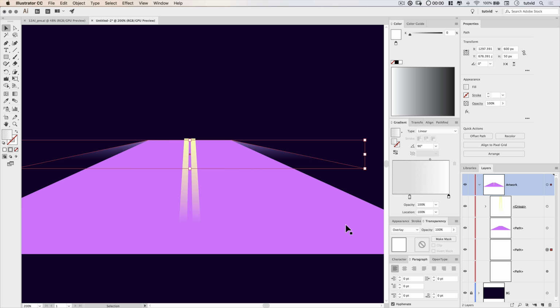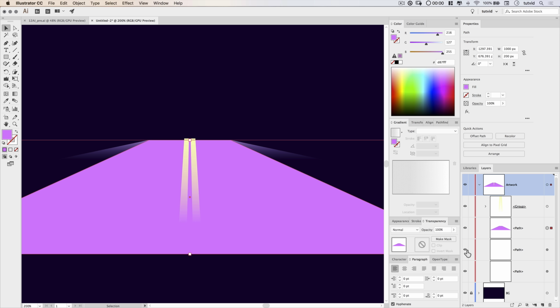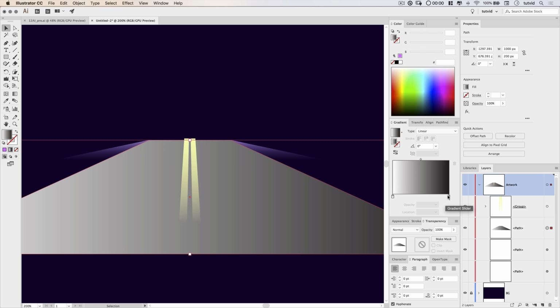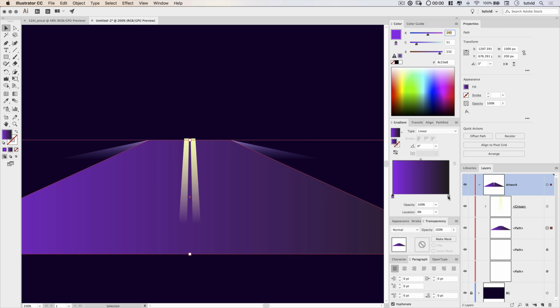Now we can turn on our path on top of this. And I want to add a colored gradient. So this is going to be a pink gradient. The way I'm going to do this is I'm going to just select my little drop-down menu here and say, give me the normal black to white gradient first, just so I get two default standard full opacity sliders. Select the white slider first, and I'm going to punch in a hex code here in the hex input in the color panel. I'm going to say 8C33E8. And this is going to be the color we use on the other side as well.